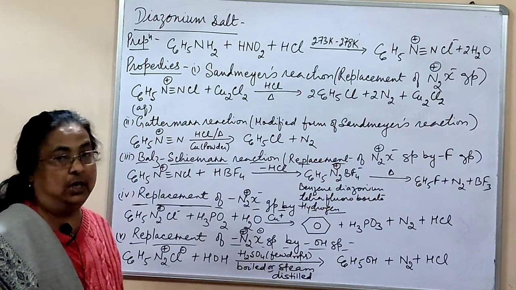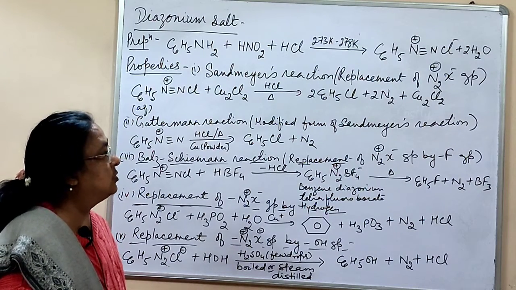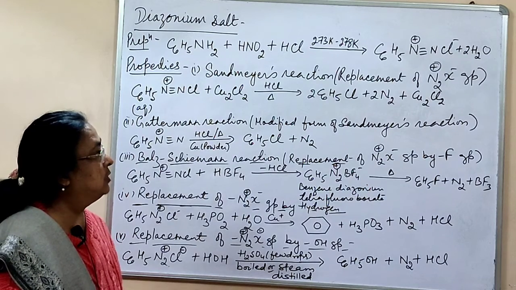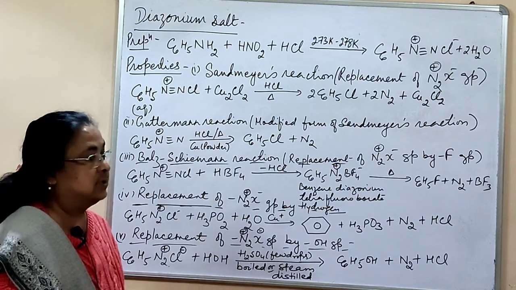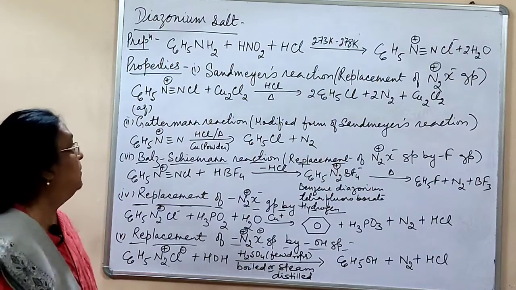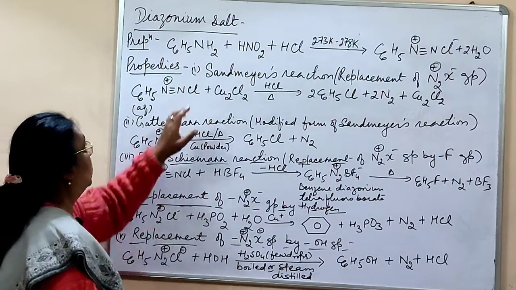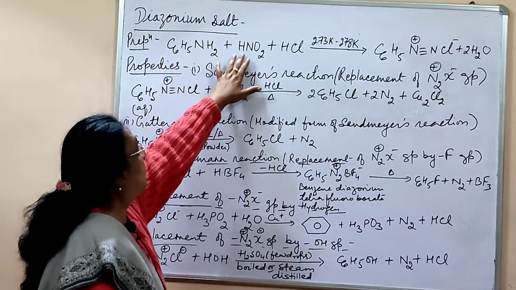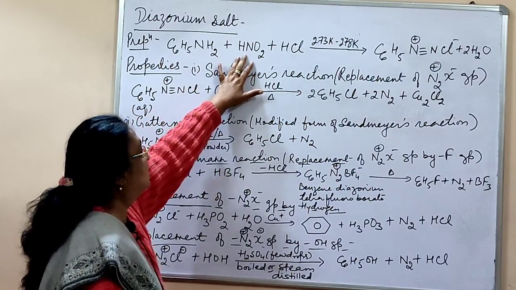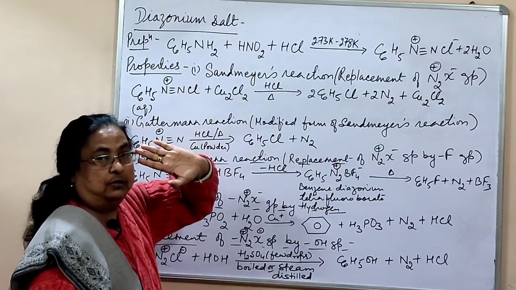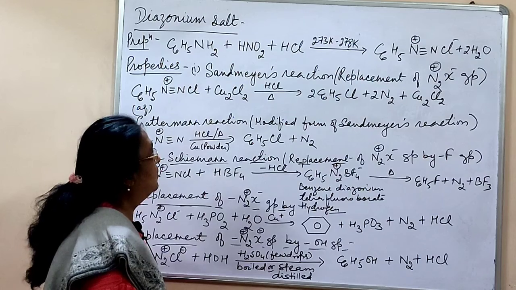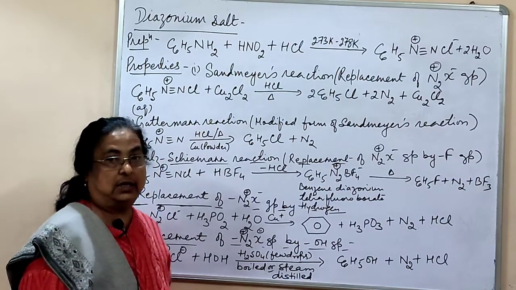C6H5N2Cl. There will be a positive charge on the first nitrogen, and because of that positive charge, the chloride ion is attracted, as we have done earlier in properties of aniline. So when aniline is treated with nitrous acid, you have done this reaction in chemical properties of amines. So nitrous acid is